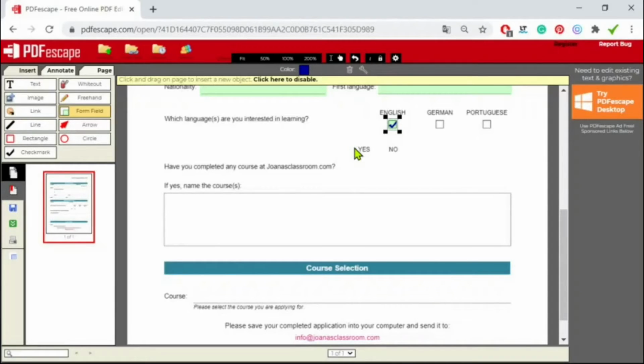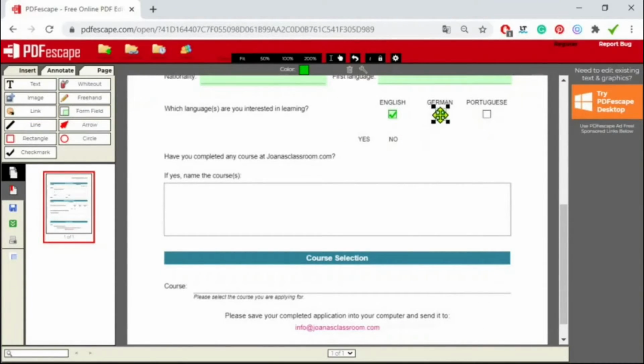I don't think I like it that much, so I'm going back to the box and now I'm going to pick a green color. Yeah, I like this one much better for this type of option now. Okay, now I'm happy with the shape. So I'm going to right click and duplicate and drag it to the other spots where I want to see it. Okay, I have to resize this a bit. Okay. Check, check, check.